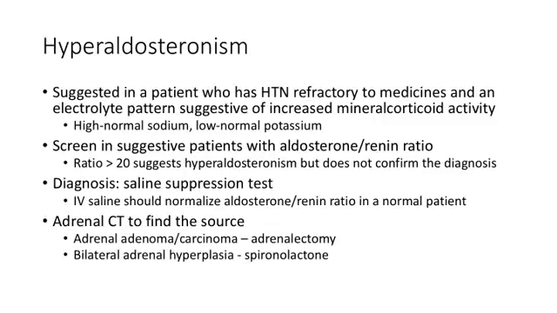So we want to do an adrenal CT, and if it's an adenoma, we're going to take it out. But if it's bilateral adrenal hyperplasia, the best next step would be to give spironolactone. And that specifically, I know there's other aldosterone antagonists, but everywhere that I've read, spironolactone is the drug of choice if you want to medically manage hypertension due to increased aldosterone.